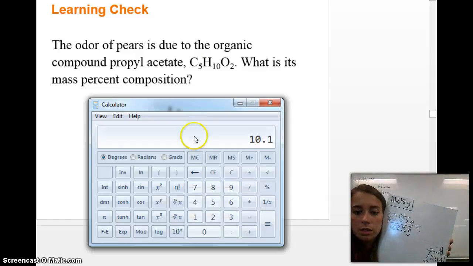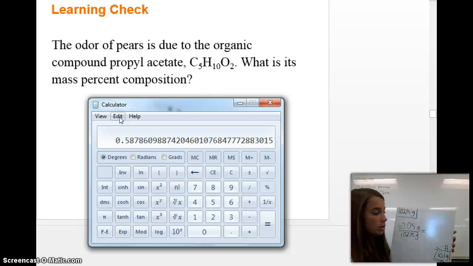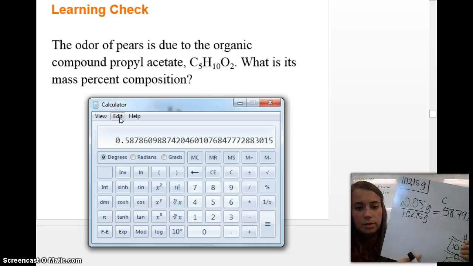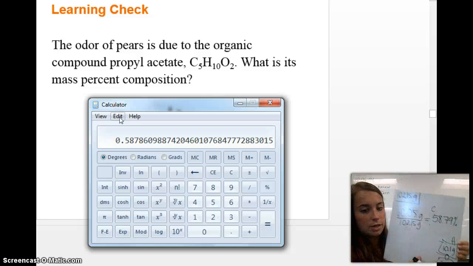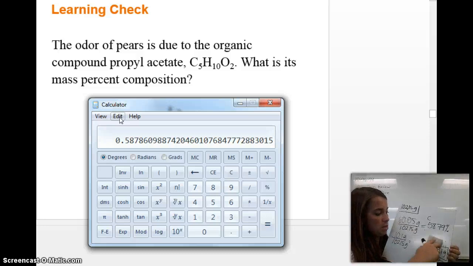So I take 60.05 divided by 102.15, and I get 0.587, and we multiply that times 100%. I've got 4 sig figs, so 58.79% of propyl acetate is carbon. Okay, now let's do it for hydrogen. I've got 10.1 grams, so 10.1 grams divided by the total 102.15 grams is,